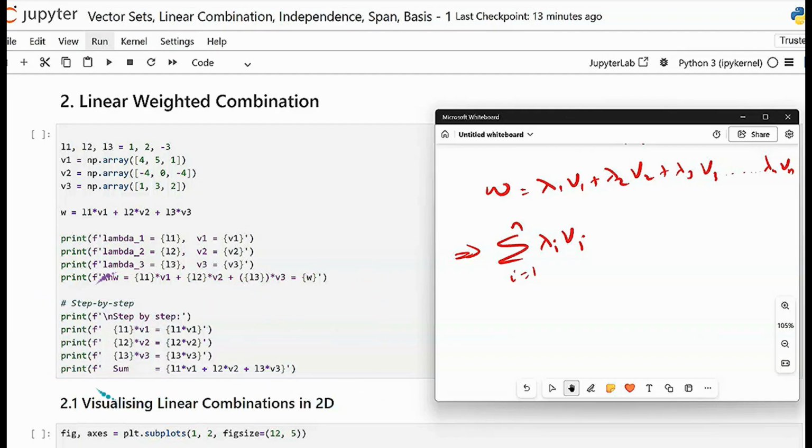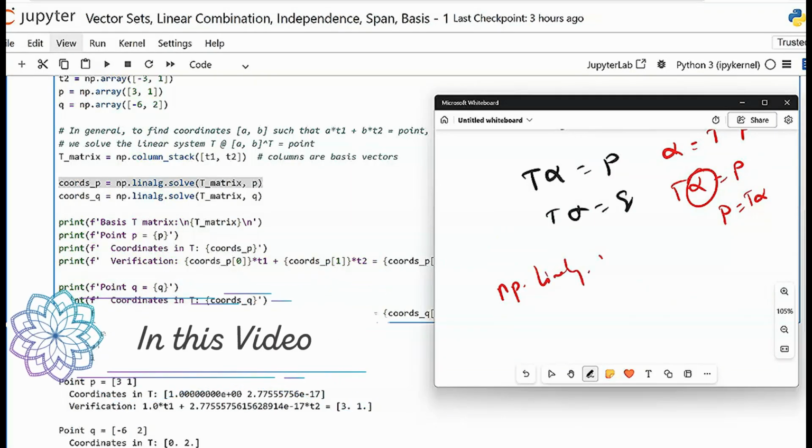multiplied each by a scalar weight, and the results summed. In linear algebra, solving this system would fail, and no unique coordinate would exist. And dear friends, coming to the data science interpretation, this operation is what PCA is, that is PCA projection, projecting data into new bases. So dimensionality reduction is what is happening. And not only here, SVD transformation is for coordinate change, and feature transformation for new representation, that is